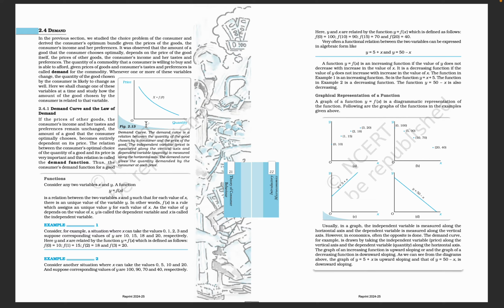Demand curve and the law of demand. If the prices of other goods, the consumer's income and her tastes and preferences remain unchanged, the amount of a good that a consumer optimally chooses becomes entirely dependent on its price. The relation between the consumer's optimal choice of the quantity of a good and its price is very important, and this relation is called a demand function. Thus, the consumer's demand function for a good